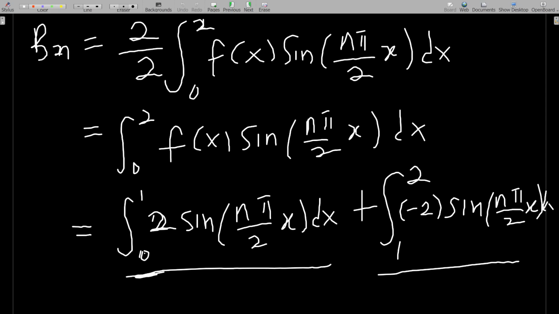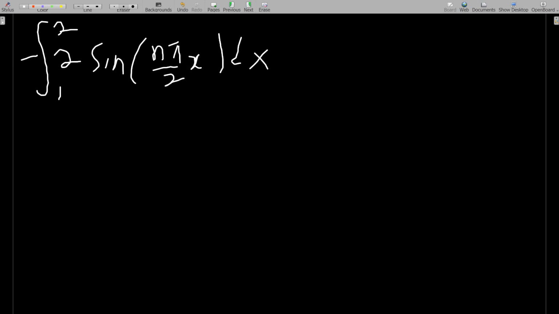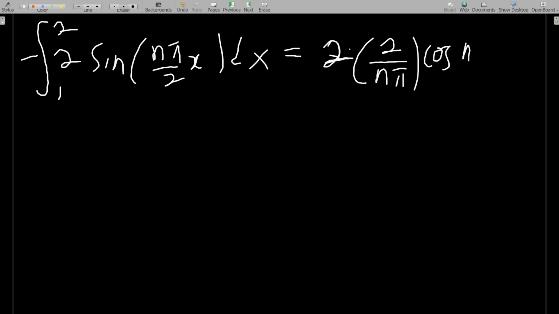Now with the next one, I will actually speed up. The integral, okay, there's a minus in front of that. So minus in front of this, so I have to write minus 2 from 1 to 2 sine of n pi over 2 x dx. Now I integrate this. I'm going to write it. You use the same approach. Since the integral of sine is minus already, it will affect the minus in front, and you have 2 into, you get positive, so 2 into 2 over n pi, then cos of n pi over 2x from 1 to